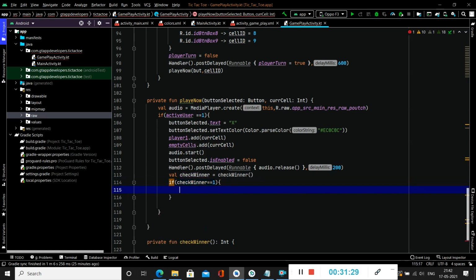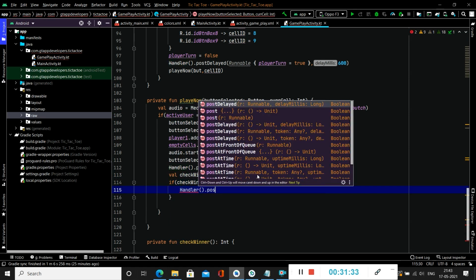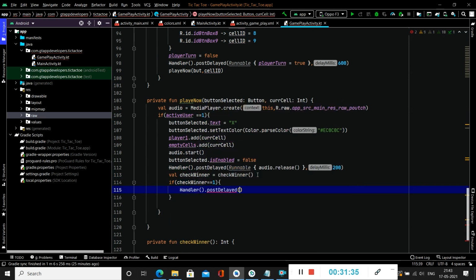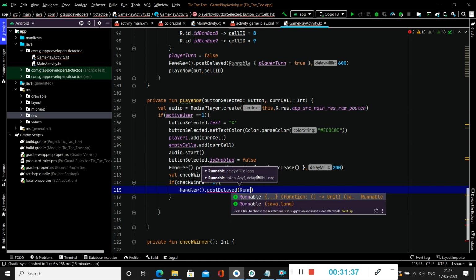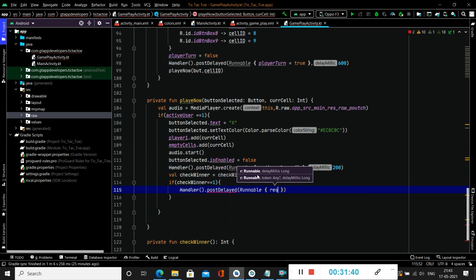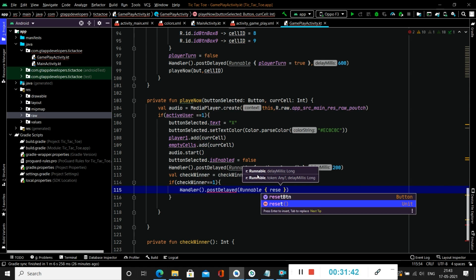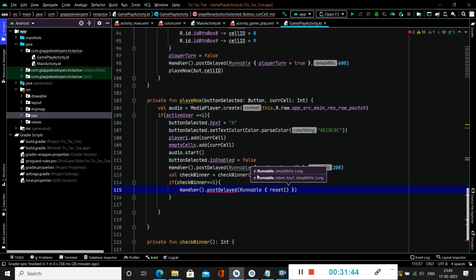this we have to again run a handler, and we will be calling the post delayed, and after the winner has been declared, we will again reset the game by calling a reset method, and we will be delaying this task by 2 seconds. Else if